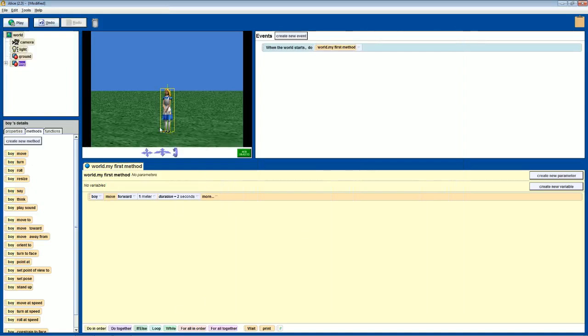Now remember, in Alice, you're not going to get a true error. This is the beauty of Alice. You can't get a syntax error. That's what programmers hate to see, because let's say, as I was telling you, if I didn't put this in here and I just had move, well, that would have been a syntax error because I didn't give it any variables or